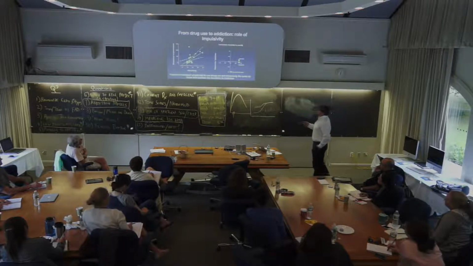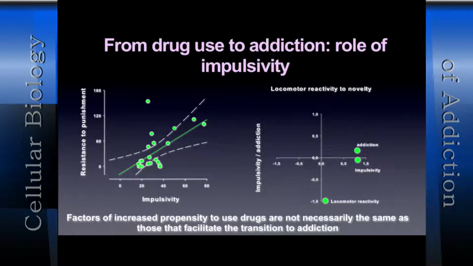And we demonstrate that impulsive responses in the five-choice serial reaction time task, but if you don't mind, we'll go into the details of this task later on. Basically, you ask the animal to wait for stimuli in the environment to tell them what is the good behavior to perform. And sometimes, if you ask some of them to wait a bit longer, they're going to try before they know what to do. That's a premature response in the task, and that is impulsivity. A facet of impulsivity, it's motor impulsivity. And this has been shown to be dissociable from attention, perceptive responses. This is pure impulsivity.